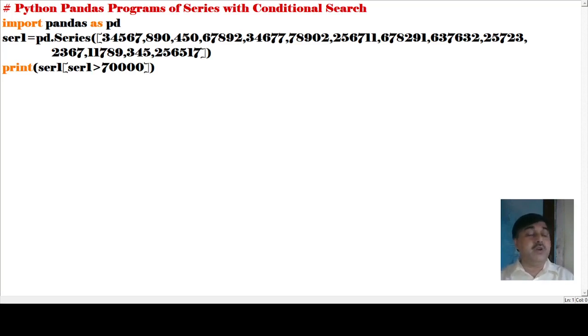What control have we done? We have just given one condition: is ACR1 greater than or equal to 70,000 or not? Those values greater than or equal to 70,000 will come. So here, ACR1, then ACR1 greater than 70,000.